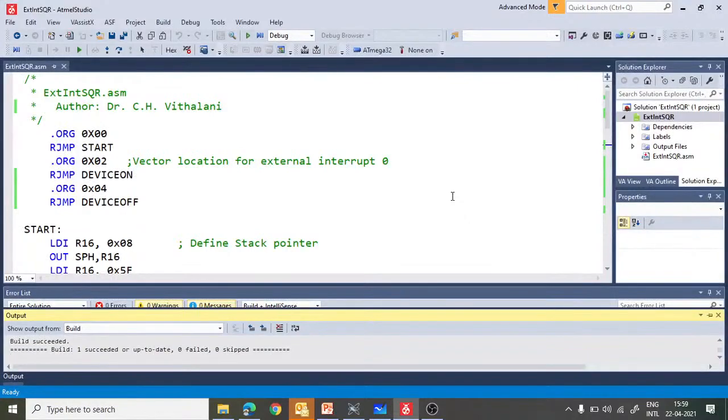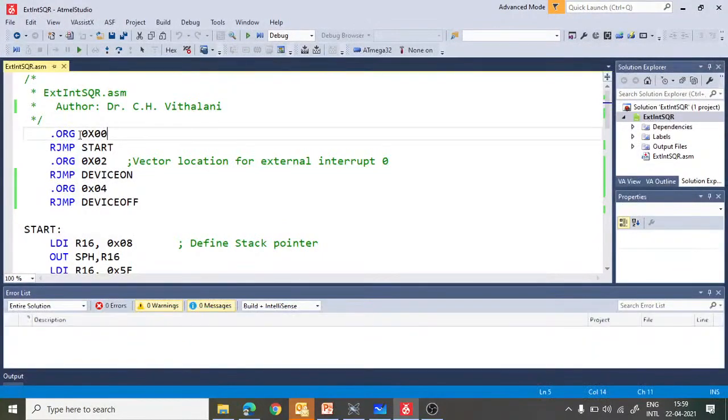So this is our program for the external interrupt, where the first instruction is .org 0x00, and then we have taken a jump to the location or a label start. In the PowerPoint slide it was written main. I have written here start. You can use any label of your choice, right? But ultimately this will jump to the main program. And these are the few instructions written for an interrupt service routine.